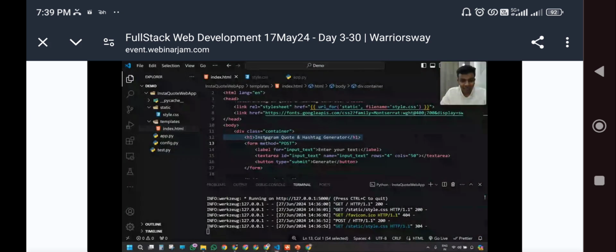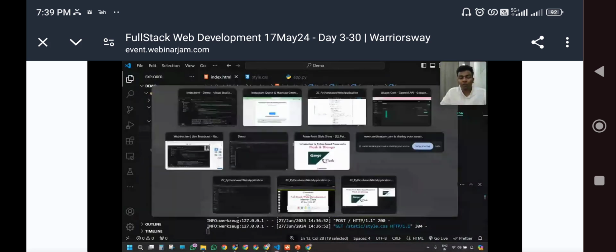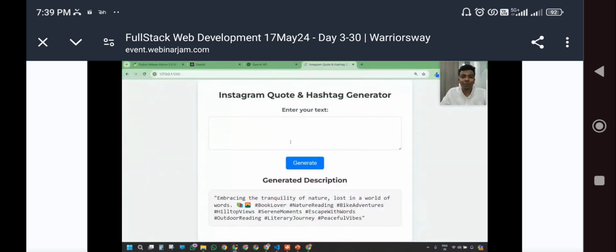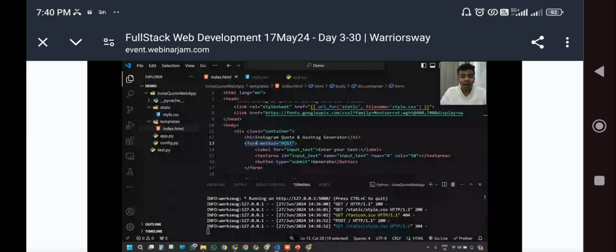And once you have created the title, now we are creating a form. That form is going to use the method called post. I hope you all remember those methods, guys. With the help of the method, you are able to send the command to a certain API. Even we did it with the help of the Postman application. Same as that, now we are going to send the data. So form method equals post. Whenever you give that, it is going to use the post methodology.